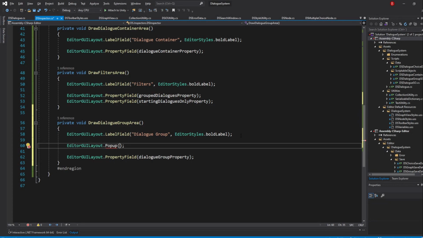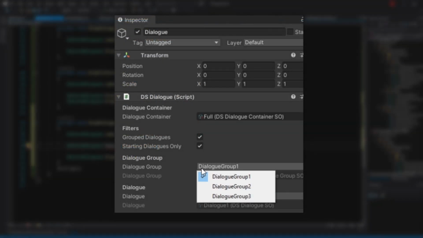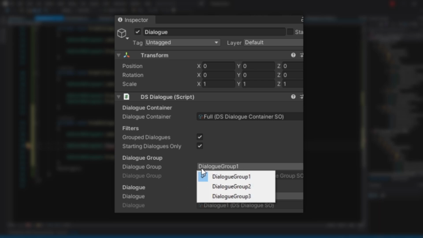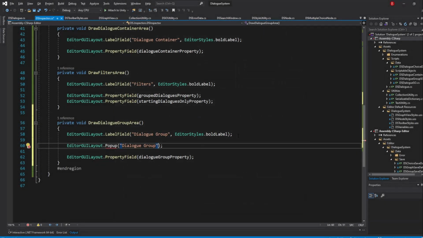Start by passing in our label by typing in dialog group. Our second argument is the selected option index, but we currently have no way of knowing it. If we were to pass in 0 right now, when selecting a pop-up option, it will always stay with the first element selected, because the OnInspectorGUI is being called multiple times. And because it's redrawing the UI, it will see that the selected index is 0, therefore not changing to the one we chose. Thankfully, the method does return the current selected index, which updates when we select a new option,